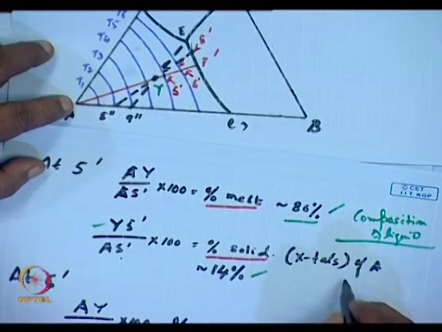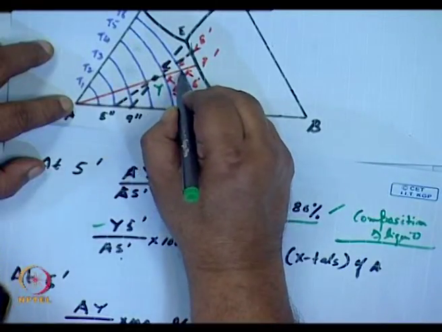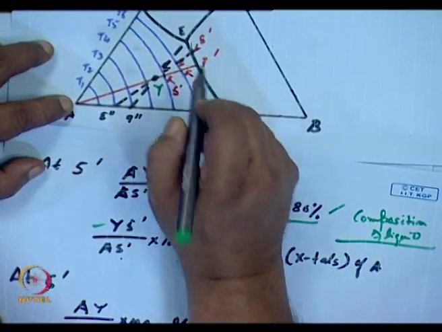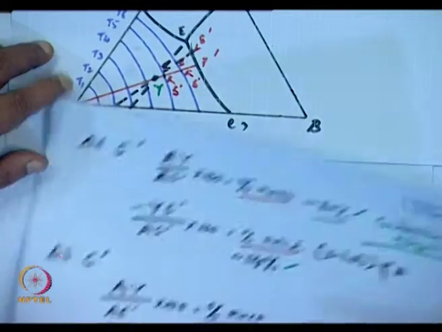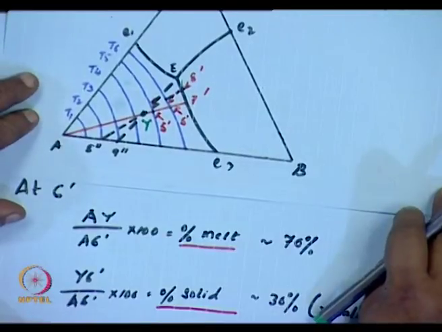Obviously, as A is separating out, the liquid gets richer in B and C. As cooling proceeds, what will happen? I have chosen the next isothermal line T6. At T6, what do I expect? Again the same way,